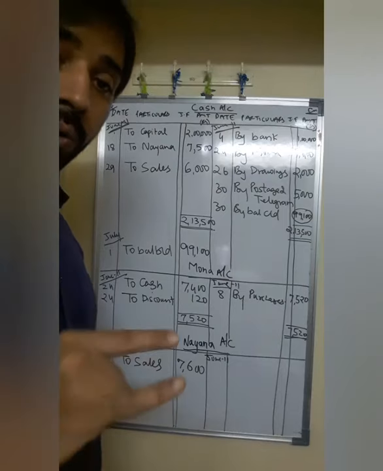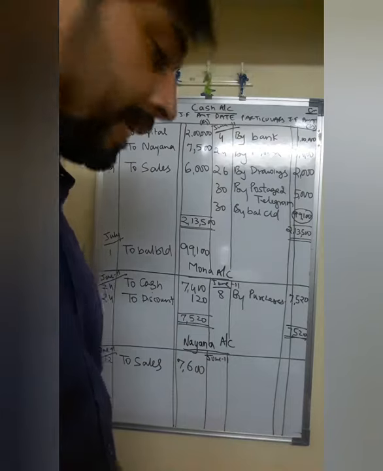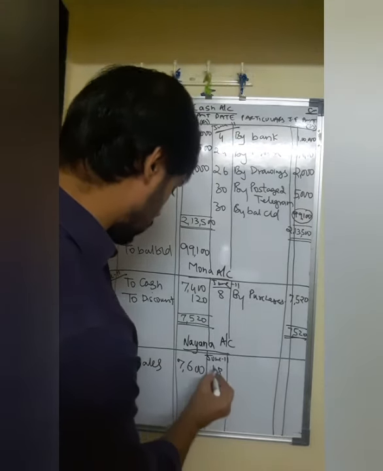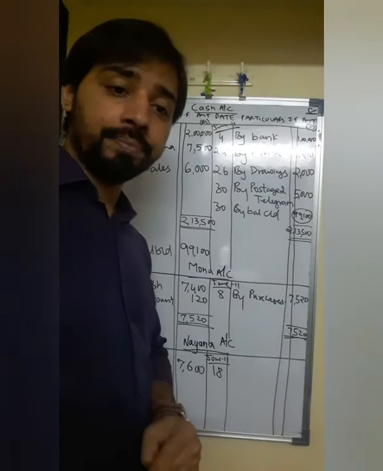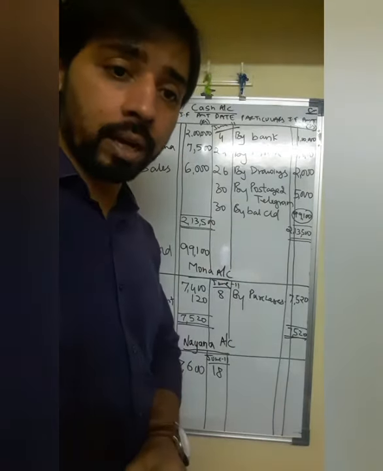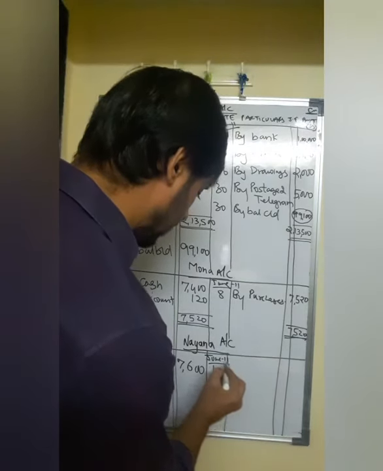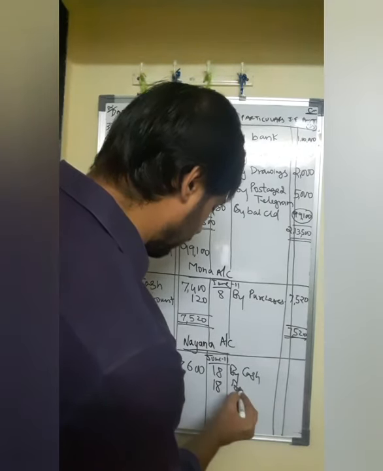Now which is the next transaction relating to Nena? That is June 18th, students. Here the Nena account is credited, so we'll go on the credit side. What is the entry given there? Cash account debit, discount allowed account debit to Nena. So here Nena is credited but two accounts are debited, so we'll write the reference of that.